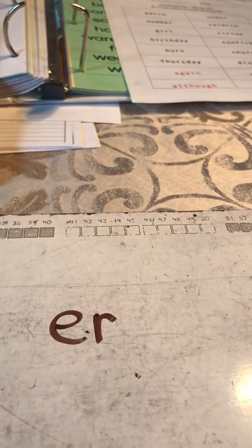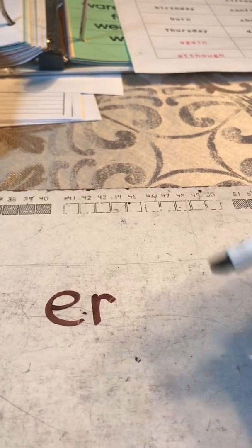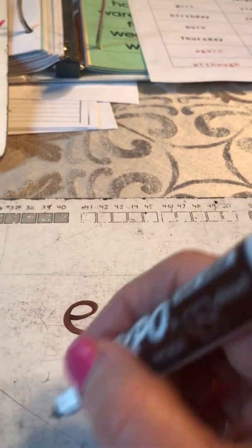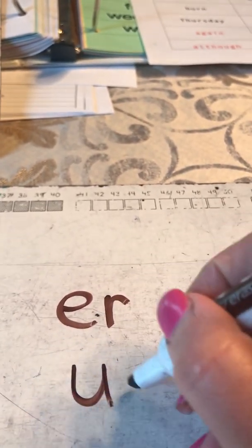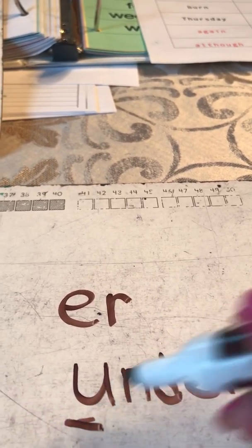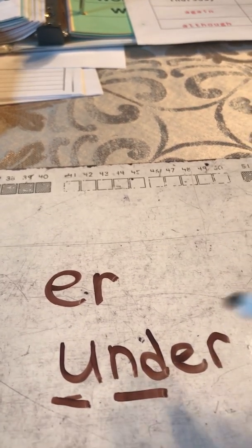You will find ER mostly, it can come in the beginning of a word. It can come in the middle of a word, but you'll see it mostly at the end of a word. And I'm thinking of maybe the word under. So we hear un, and, that's a blend,